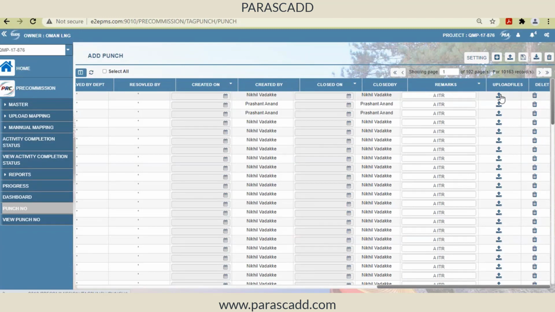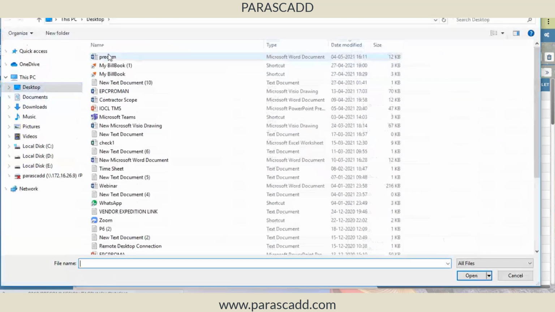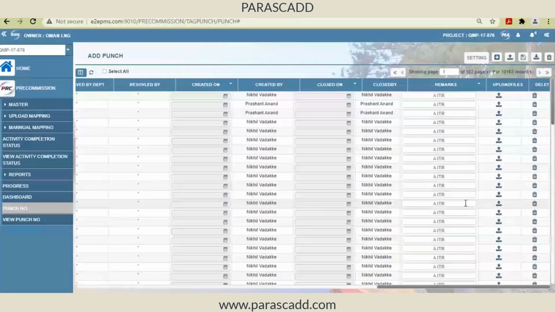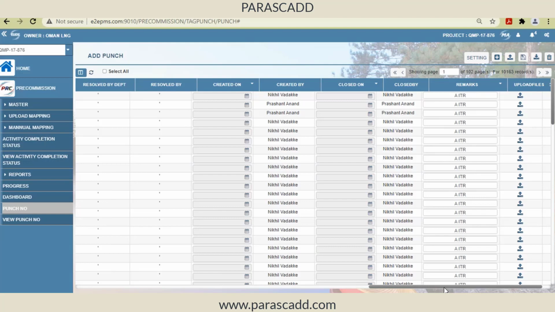PDF, JPG or PNG, whatever file is there, you can just click, choose and upload. No, my question is not that. My question is, is this module available on mobile devices as well? Mobile compatible, maybe Android or something like this? We have mobile tablets, correct? Windows tablets or Android tablets.